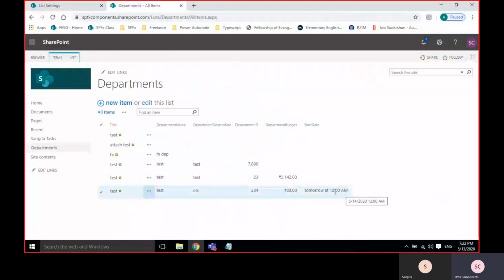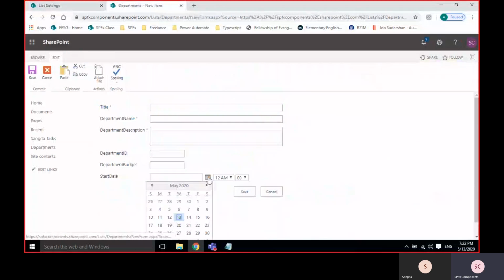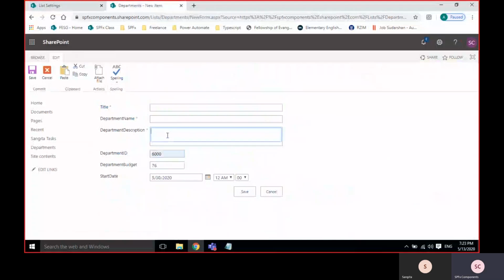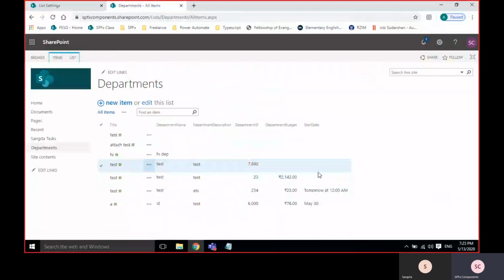By default we got volume, or I'll just update it. 30th. See now, May 30. Since it is 2020, we don't need to show 2020 again. So that's the friendly format.